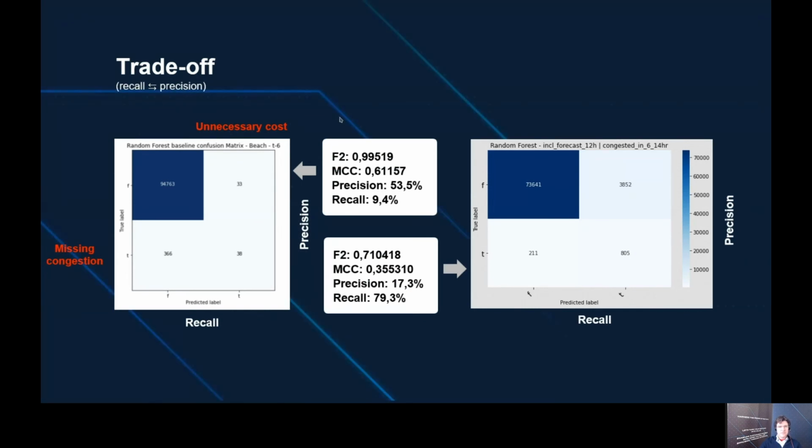What we found in this specific project was a trade-off between precision and recall, because like I said a few moments before, in the ultimate situation you are going for 100% precision and 100% recall. In this specific project for beach covering sites, we found a trade-off. With a certain frame, a certain set of features, a certain set of parameter settings, we found a precision of 53% and a recall of 9.4%, which is quite low.